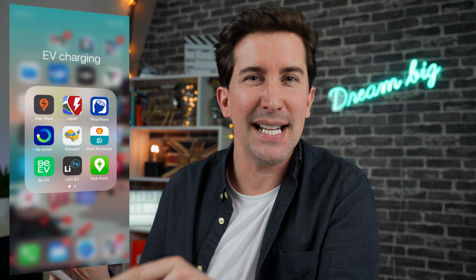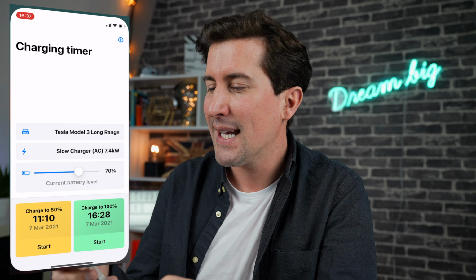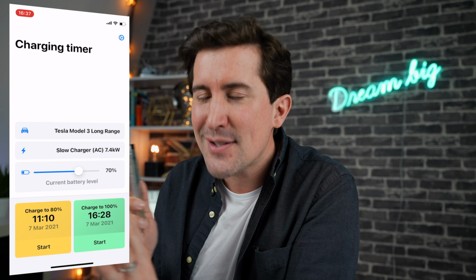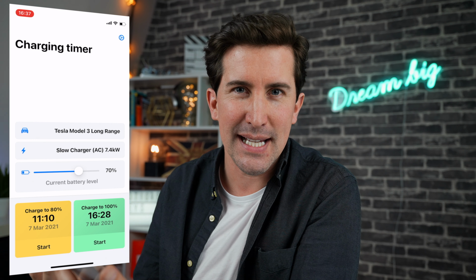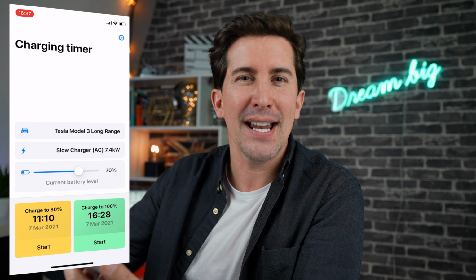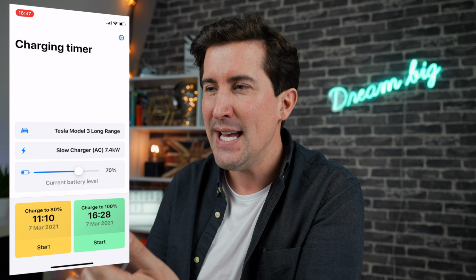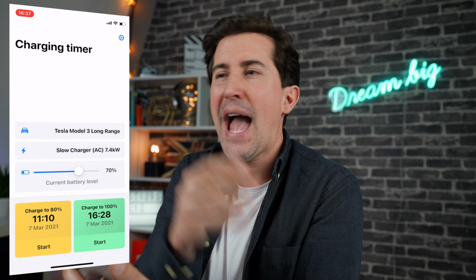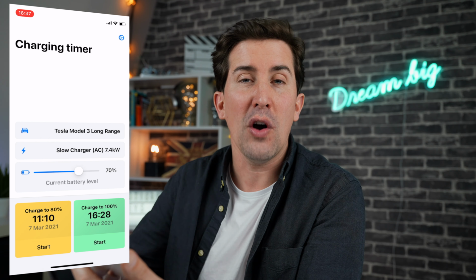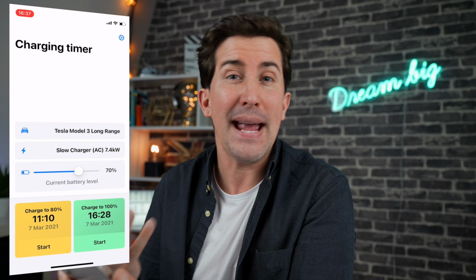Okay, so if you're new to Teslas or electric cars, you'll really like this next app. This is called Kilowatt. Now, I like this because it's super simple. When you first get a Tesla, if you're not tech-minded or you're just not really interested in learning about kilowatt hours and all that kind of stuff, it can be a little bit confusing to understand how long you may need to sit at different chargers and how long the charge from 20 to 80% may take